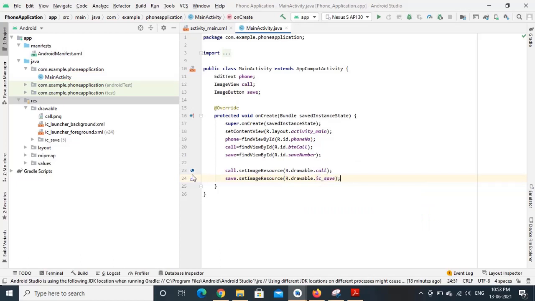You can see here the image whatever we have used, we can see here the call clip art and the save clip art, so that we can check whether we have referred the correct resource or not.